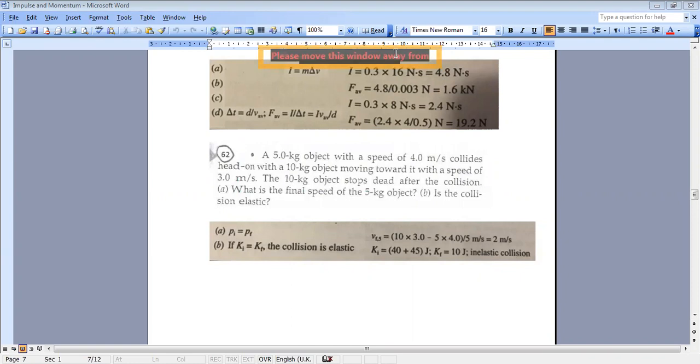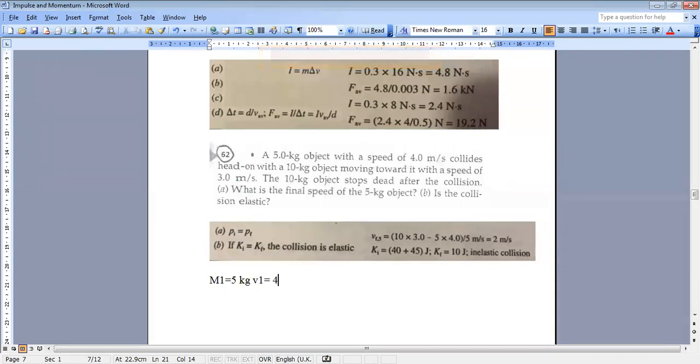We apply m1v1 plus m2v2. Right. We have the mass of the first object, so we know that. So let us write it here. We have that M1 is equal to 5 kilograms, and we know that V1 is equal to 4 meters per second. Concerning the second object, we have M2 equal to 10 kilograms,